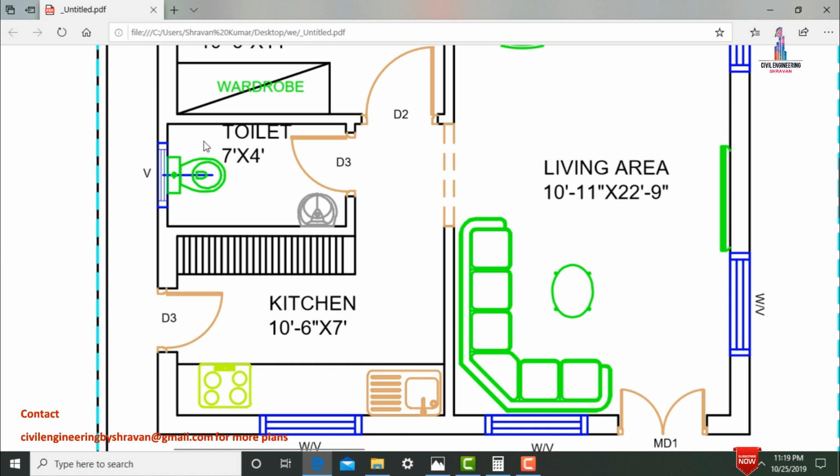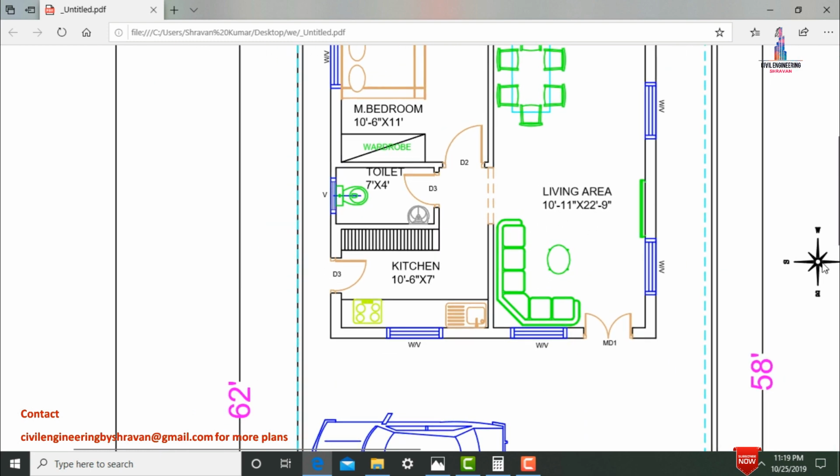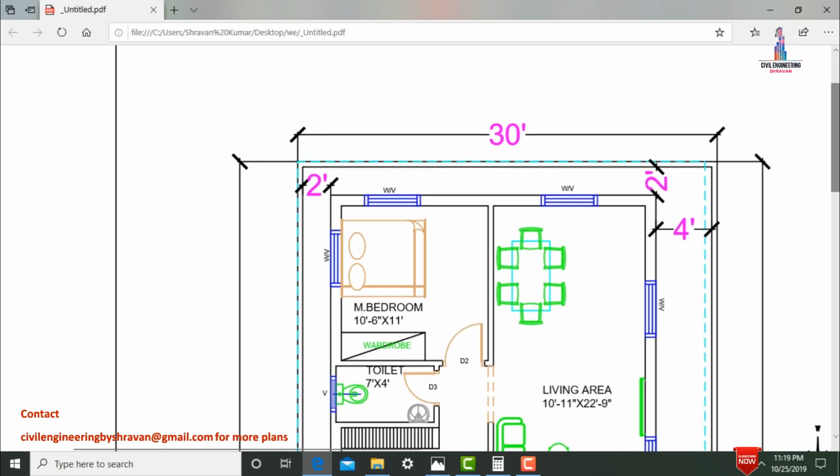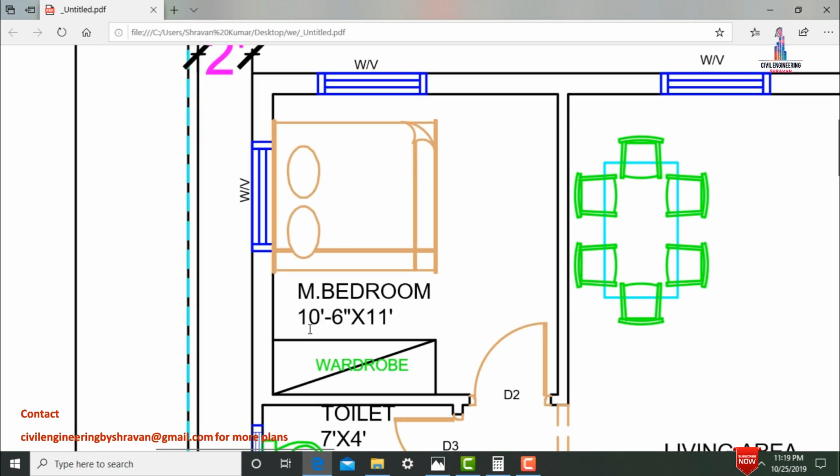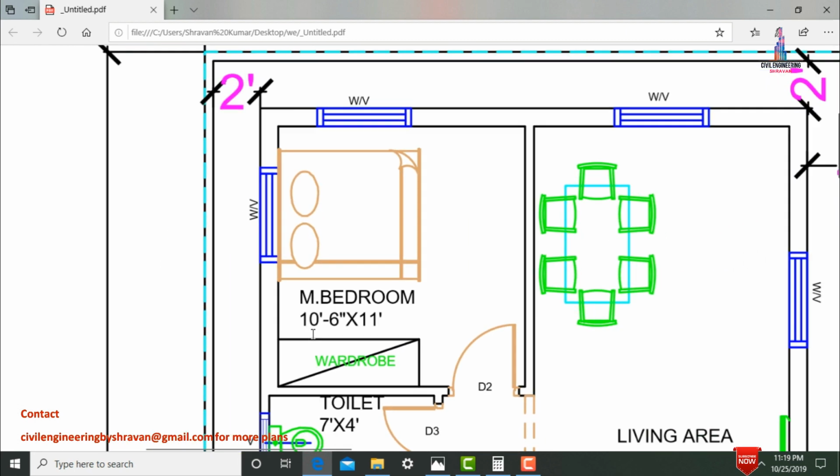This is the wash area for this ground story house, which is 7 feet in x direction distance, nothing but your length direction distance, as well as 4 feet in width direction distance. After that I will show you the bedroom dimensions for this house. This is the bedroom, which is 10 feet 6 inches in x direction distance as well as 11 feet in y direction distance, nothing but your width direction distance.